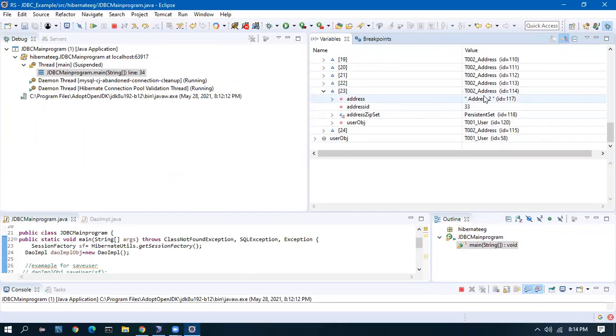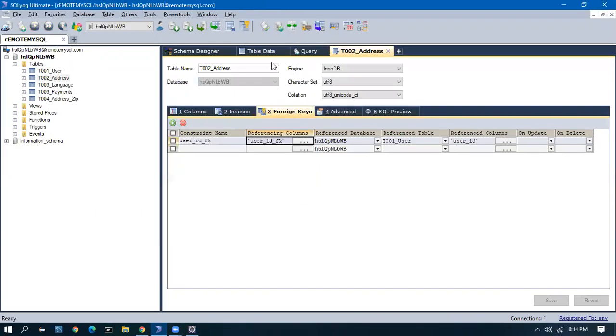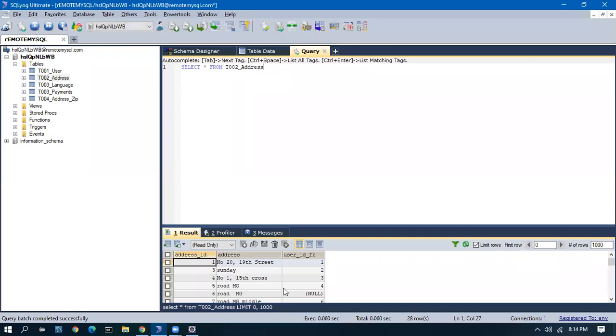Let's say for this address, it is by default bringing me and telling that this address belongs to 31. So the address ID 33 belongs to user 31. If I want to see that here, it is not possible.